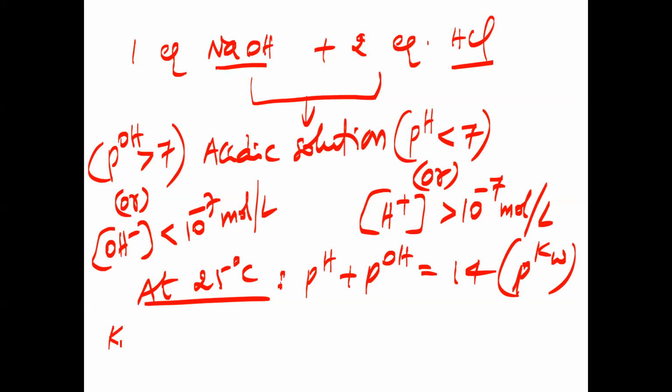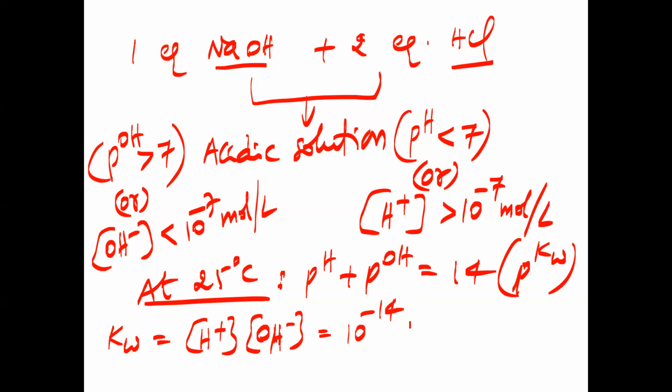So what is this Kw? Ionic product of water means the product of concentrations of ions of water. What are the ions of water? H plus and OH minus. The concentration of H plus ion into the concentration of OH minus is called Kw. This is generally equal to 10 power minus 14,